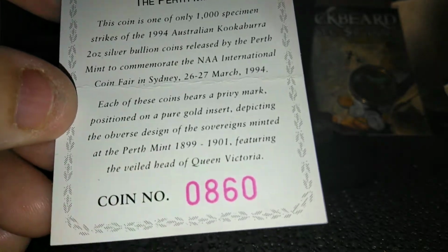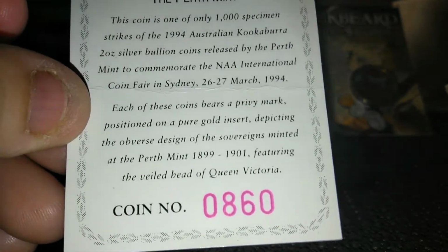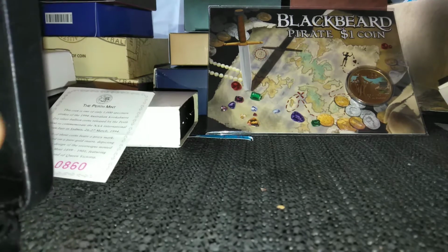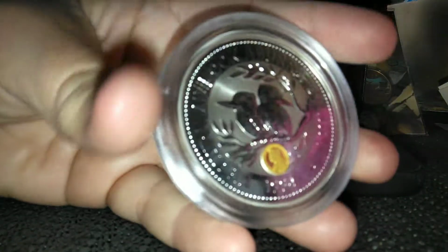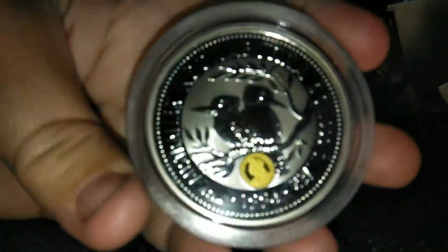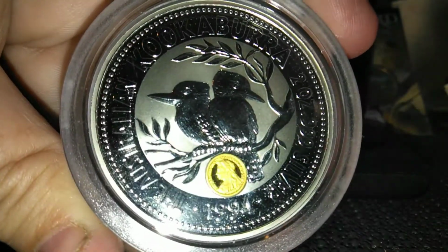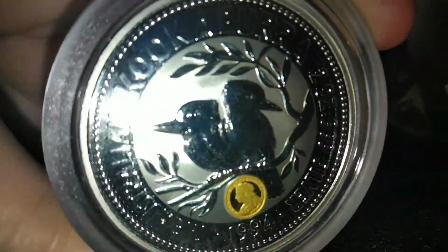And this one is featuring the veiled head of Queen Victoria. So let's have a look at it. Let's get it out. Oh God, the same thing as before. God, I must have had some sort of muscles to be able to lock these in. It's good to know that they lock in nicely though. Alright, here we go. So similar coin virtually. We've got the privy here though of Queen Victoria. So another 2 ounce